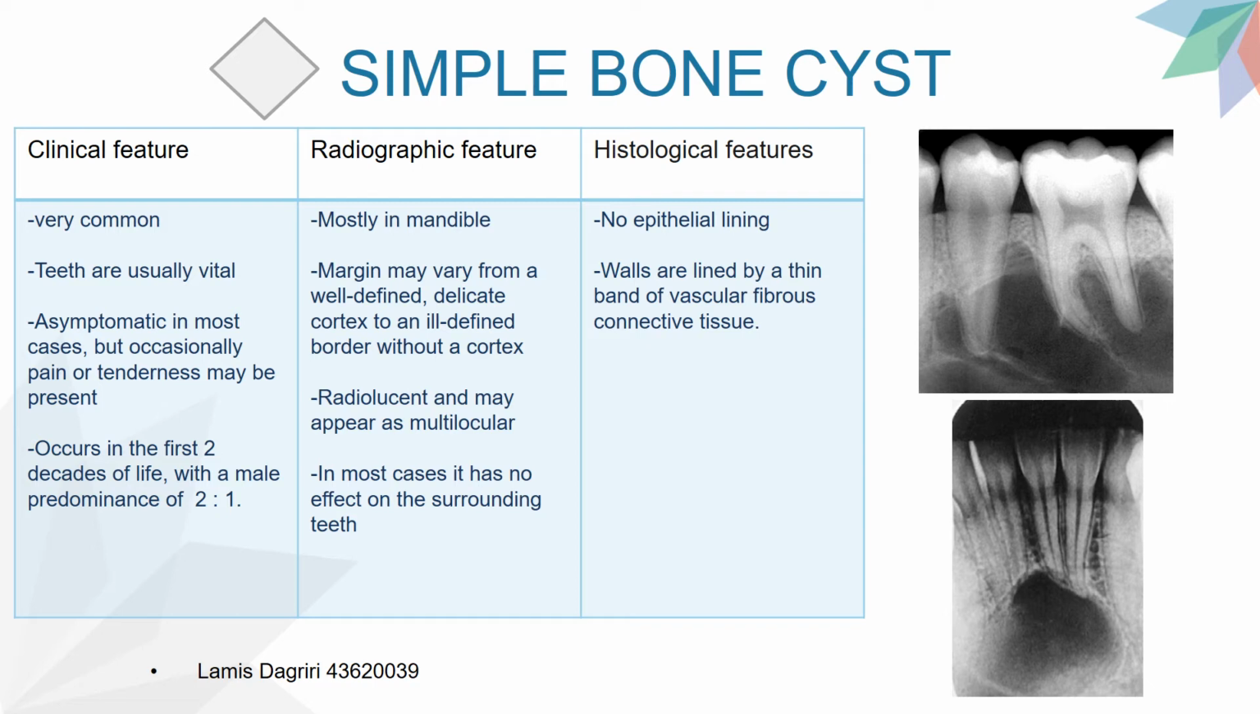The margin may vary from a well-defined delicate cortex to an ill-defined border without a cortex. It's radiolucent and may appear as multilocular, although it does not have a true septa. In most cases, it has no effect on the surrounding teeth. Histologically, the inner lining is composed of fibrovascular connective tissue with intermingled foci of reactive new bone formation and few